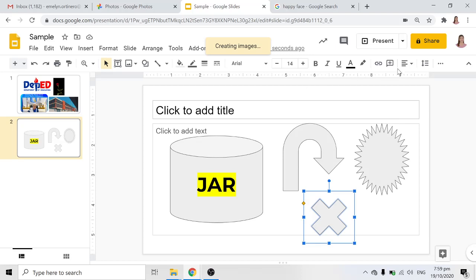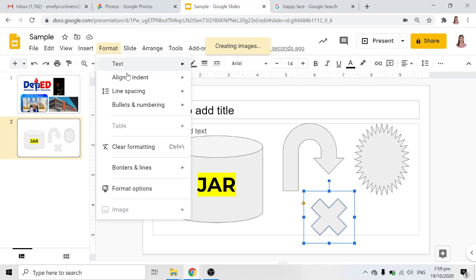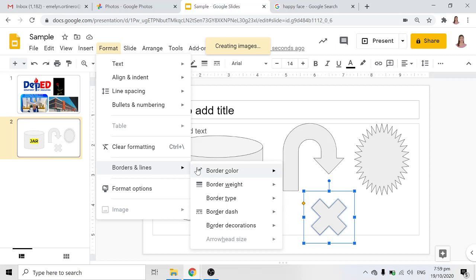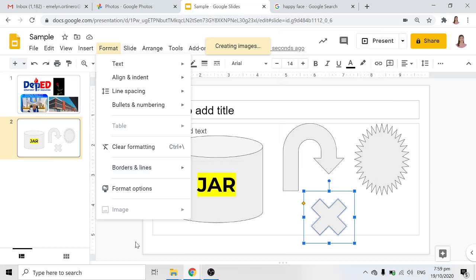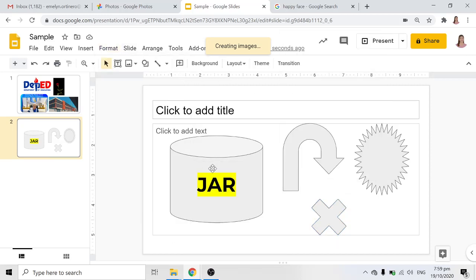Okay, so saan ba natin makikita? You can modify your shapes through these following tools. It is available in the format menus and shortcut toolbar. So, pwede siyang i-click natin ang format sa menus. Okay? Okay, and then, ayan na siya. So, pwede dyan natin makapili ng borders and lines. So, pero sa shortcut naman, shortcut toolbar, okay, pwede natin itong i-click